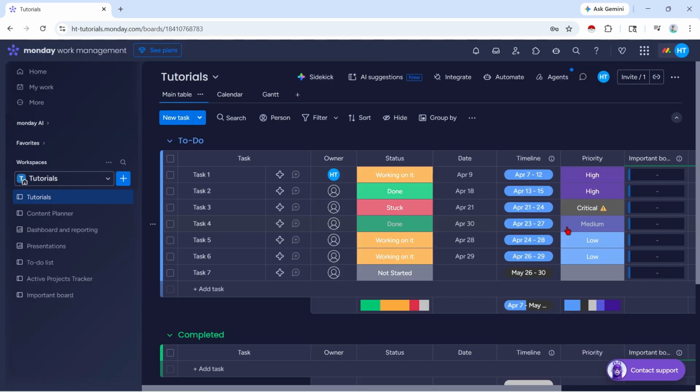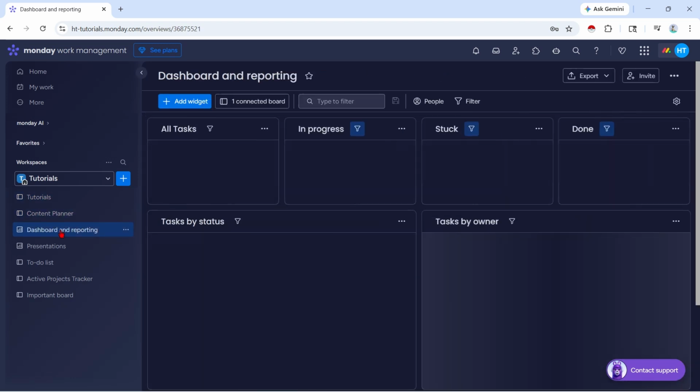Click on dark mode. As soon as you select it, the interface will immediately switch to a darker color scheme. You'll notice that backgrounds become darker while text and interface elements adjust automatically for visibility. This setting can help reduce eye strain, especially if you work for long periods or use Monday.com at night or